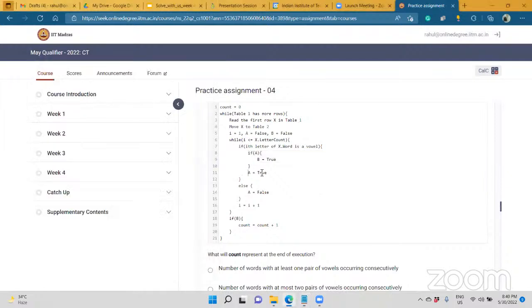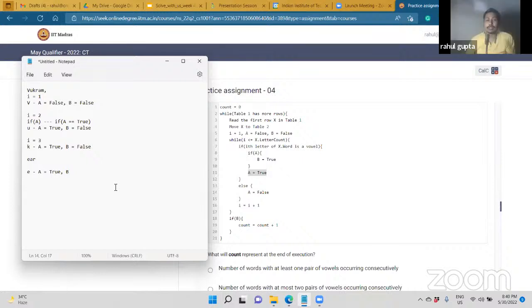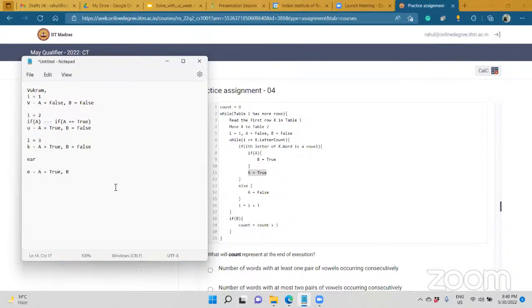Initially, A is false. Only if A is true, that loop will be initiated. B will be true later, when both if conditions are satisfied. I am confused that A is being true, so why are we not making B true? Initially both A and B are false. So in the first letter E, it is a vowel, so A becomes true, but previously B was false, right? So B is still false right now. That's the reason it's false.